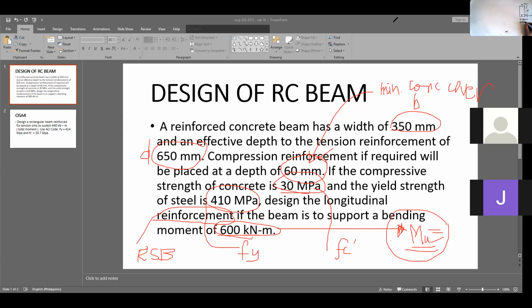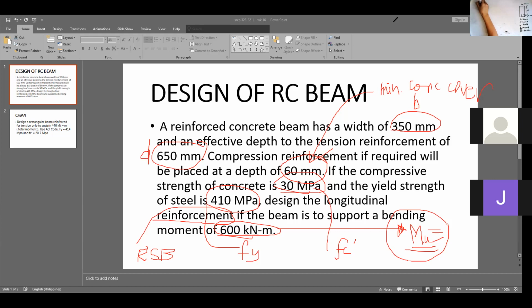The effective depth is 650 mm. The f'c is 30 megapascal. Fy is 410 megapascal. And the moment that should be supported by the section is 600 kilonewton meter. So the first thing that we have to do